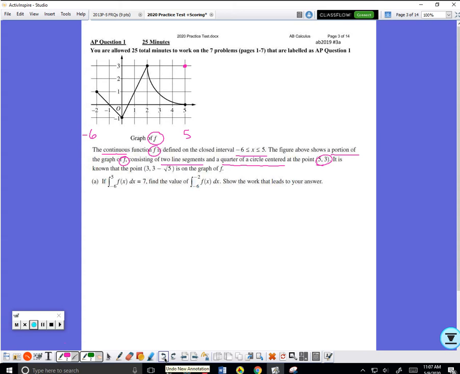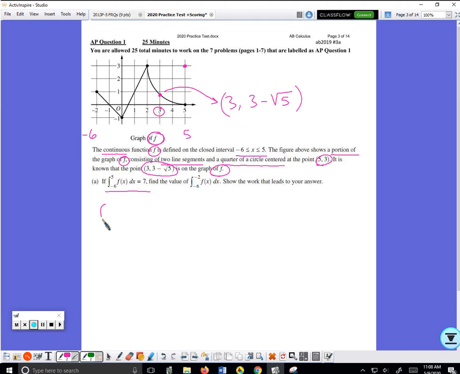It is known that this point is on f: (3, 3 minus root 5) is on f. So this point right here, 3, this is f. So this point is right there. Okay, keep reading. If this integral is equal to 7,